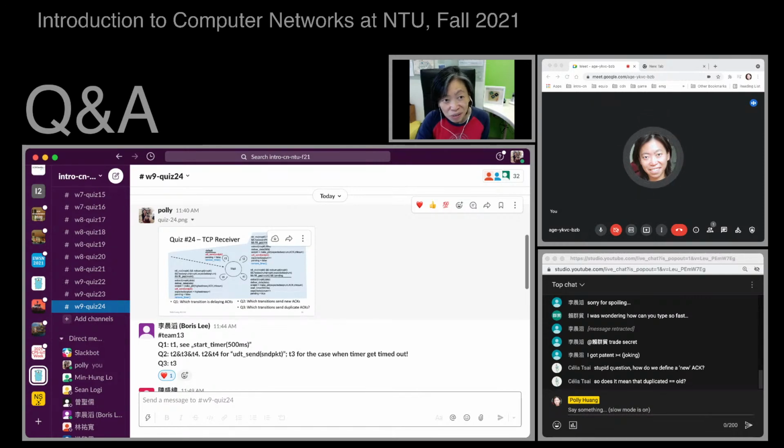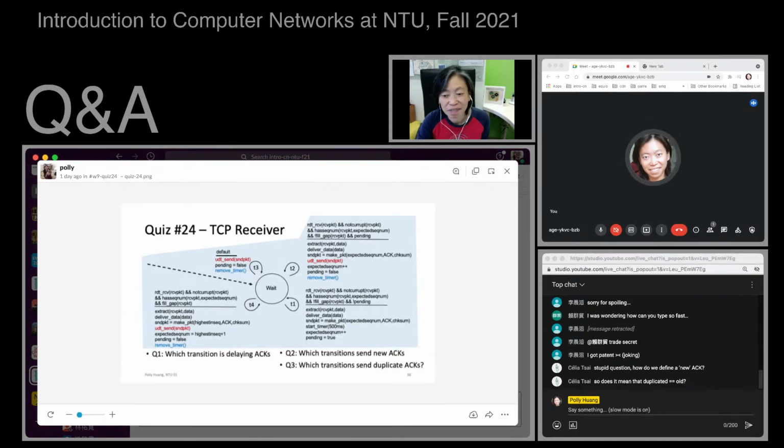There's one more situation where we are generating a new ACK, which is this. Look at T1. Sorry, I actually did this on purpose. When I was talking about T1, I did not go through all the actions. The actions are: we extract data, deliver it to the application layer, we generate the ACK. But also, we start a timer. There's a chance the timer expires.